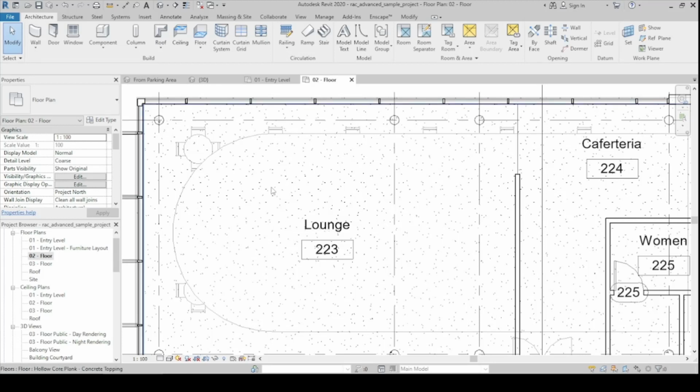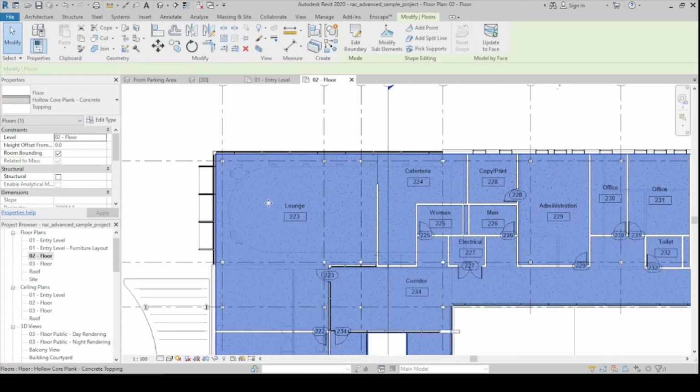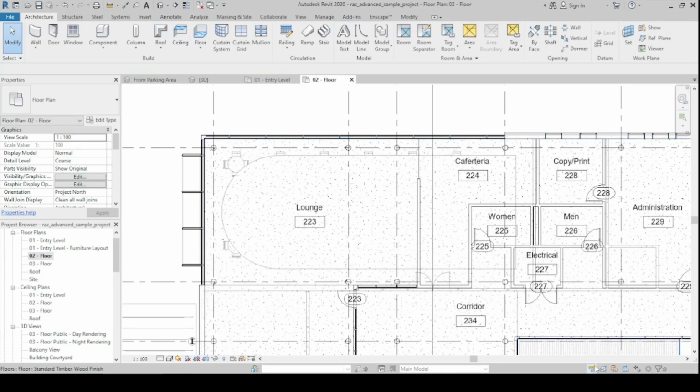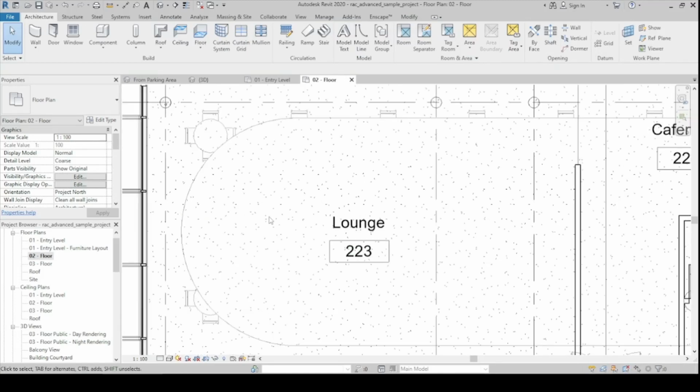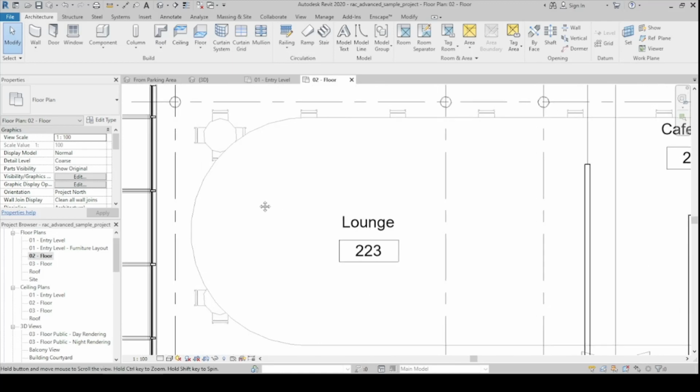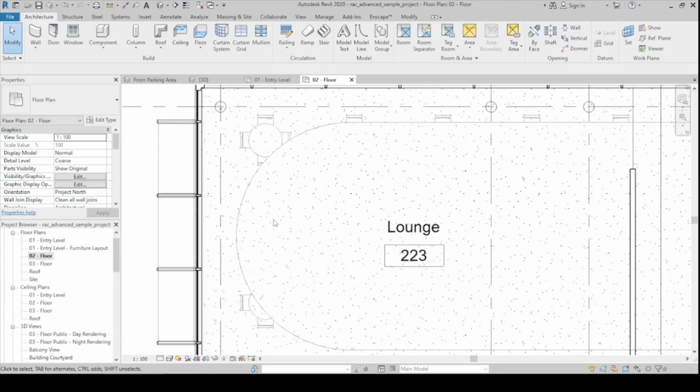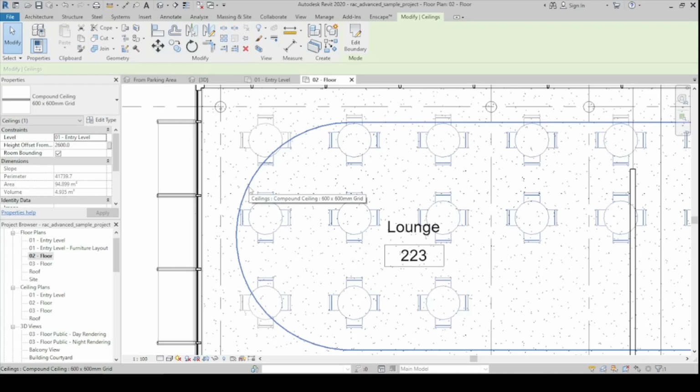So this is floors, hollow core, plank, concrete topping. If I click, it is selected right away. But if we disable that, when I am on the face of the floor and my cursor does not hit any line, I cannot select anything. Unless the cursor hits a line,